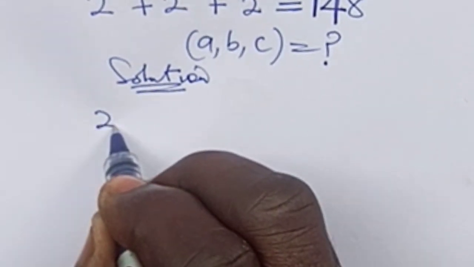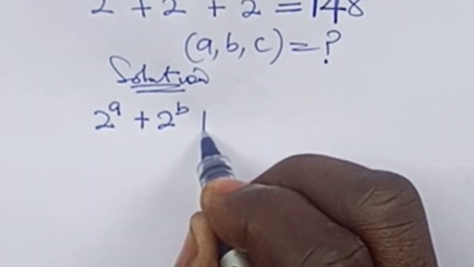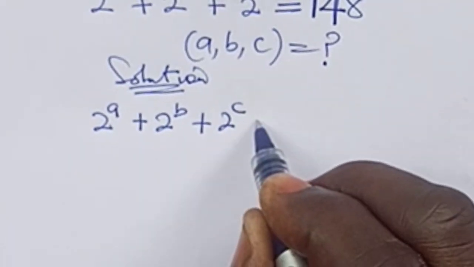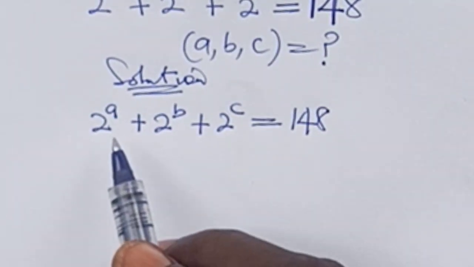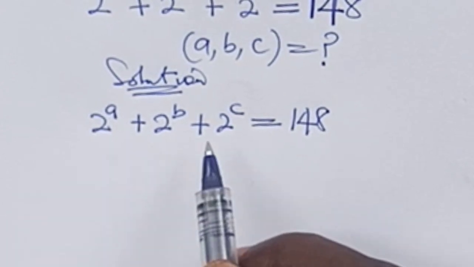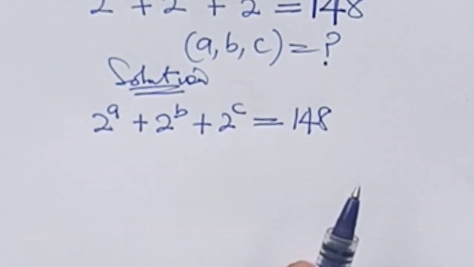Our equation: 2 to the power of a plus 2 to the power of b plus 2 to the power of c is equal to 148. Here we can factor out any of these terms, but let's factor out 2 to the power of a, and the next line becomes